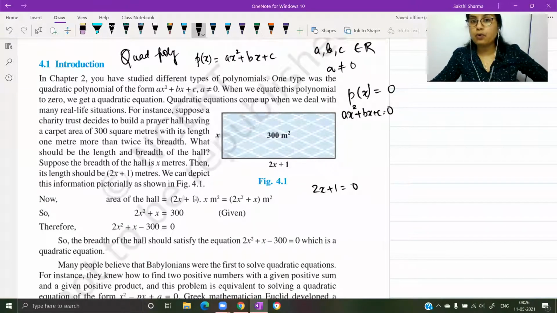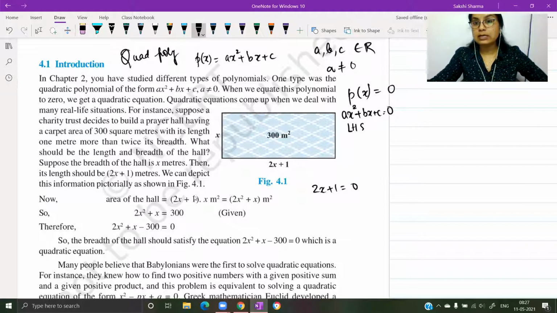Same thing is to be done for the quadratic equation. Quadratic equation के जब आप solution find out karoge, that means you are looking for those values of x which satisfy your equation, which make left hand side equal to right hand side. And since we are trying to make the expression equal to 0, the right hand side is 0, तो हम चाहते हैं कि हमारी लेफ्ट हैंड साइड का आंसर भी क्या आ जाए, 0 आ जाए. And the values of x for which this polynomial will become equal to 0 are actually the zeros of the quadratic polynomial px. Tell me if that makes sense.